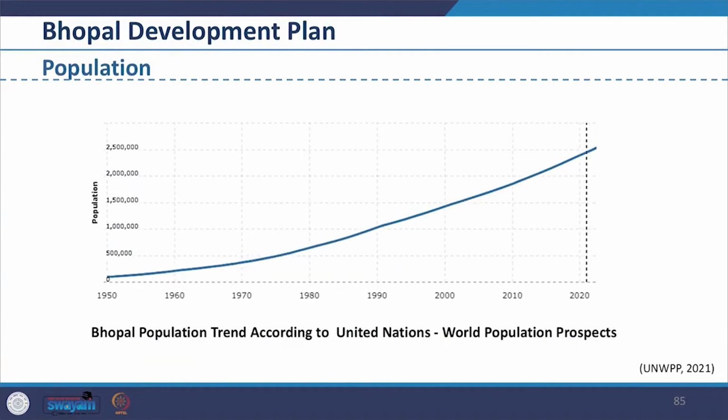In the Bhopal Development Plan document, the urbanization and growth trends are reviewed. The demographic profile indicates that Bhopal is the second largest city of Madhya Pradesh with a population of more than 18 lakhs as per the census of 2011. The city has experienced natural growth and expansion of its limits, due to which the municipal limits were expanded. In 1950, the population of Bhopal was just about 1 lakh. The population of Bhopal for the current year is estimated as about 23 lakhs.